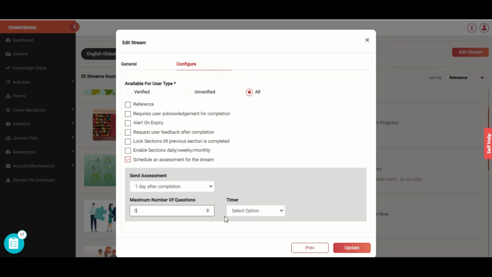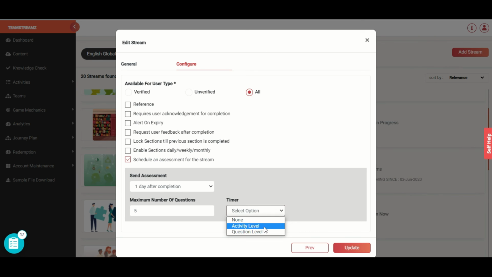What you can also do is set a timer for the assessment. What this means is that you are setting a time limit during which the user will need to complete the assessment. You can set the timer either as none, which means there will be no timer. You can set it on the basis of the activity or of the question.